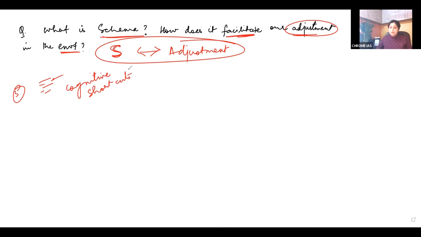Now like in Tolman, Abhishek, you just mentioned Tolman's rat maze, right? Connect it with that. What were the rats making? They were making some sort of representation or cognitive map of the whole maze. So what were they actually doing? They were making the schema, that is a diagrammatic overview, right? So schemas are nothing but your cognitive maps and shortcuts, so that we are quickly able to make sense of the world, right?